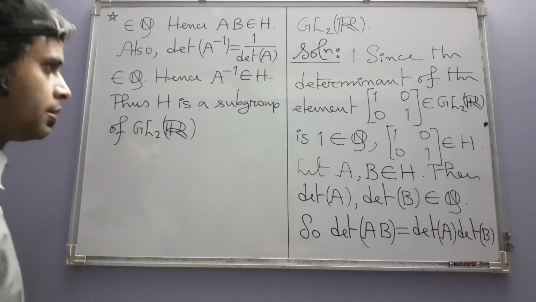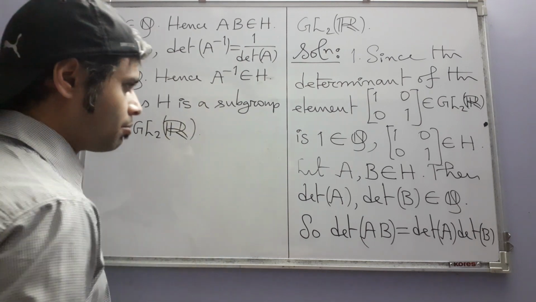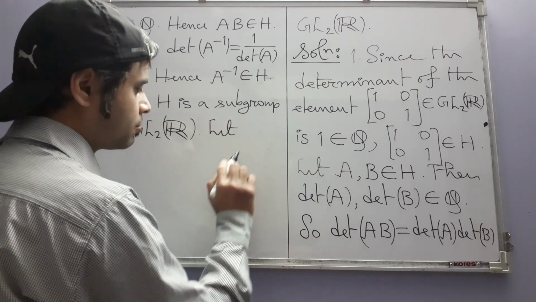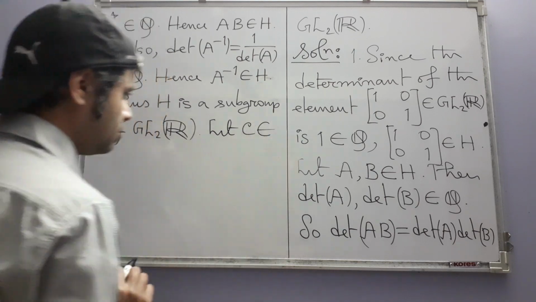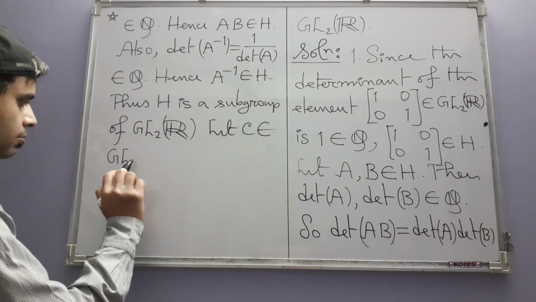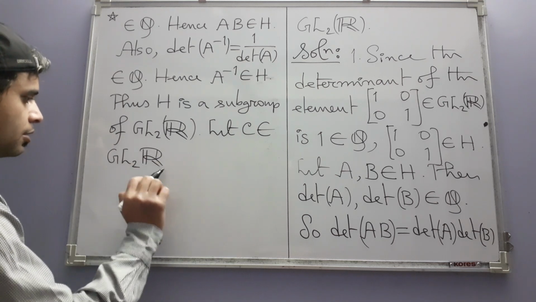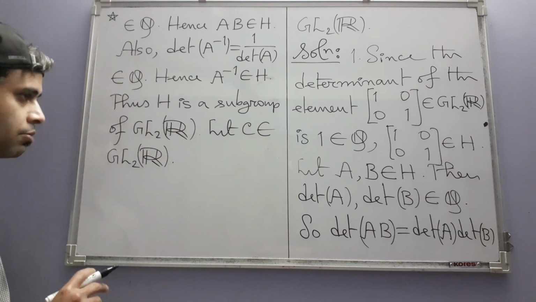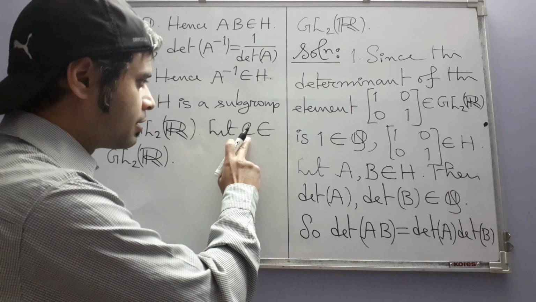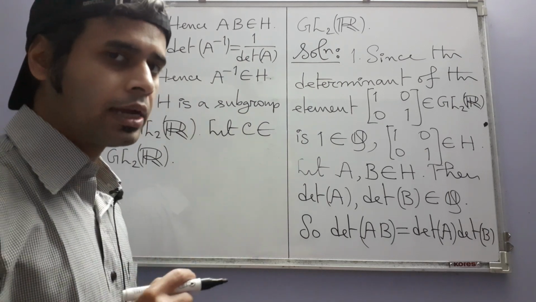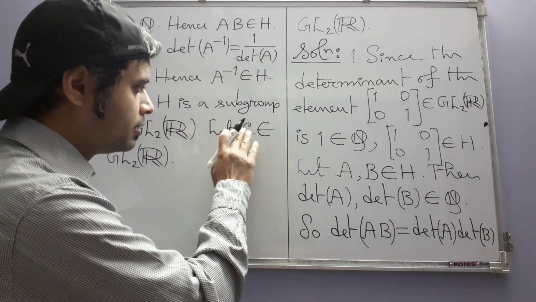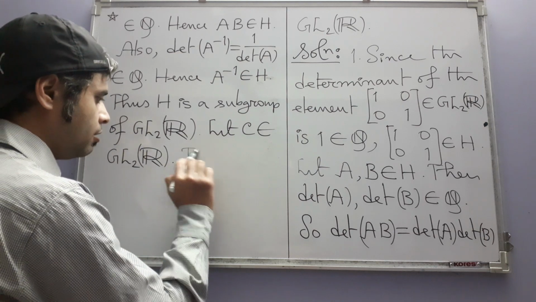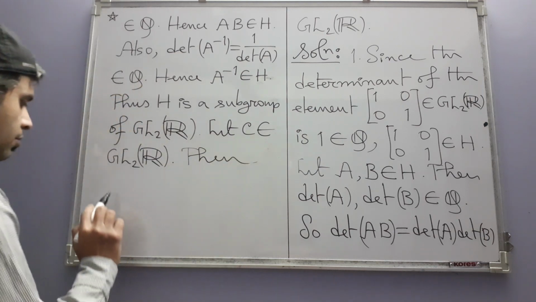Okay. Now for showing that it is normal, let C be any element in our original group. That means C is any non-singular real 2 by 2 matrix. Now we don't really know whether the determinant of C is going to be rational or not, and it does not matter. All we know is that the determinant of C is a non-zero real number. Okay, then we know that